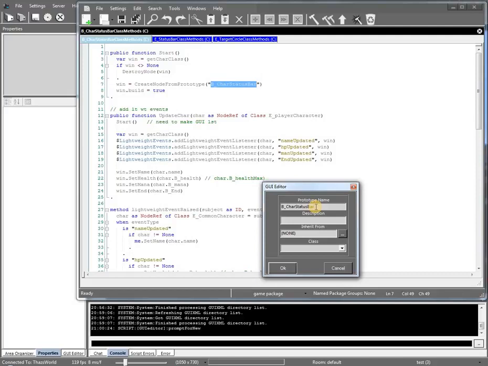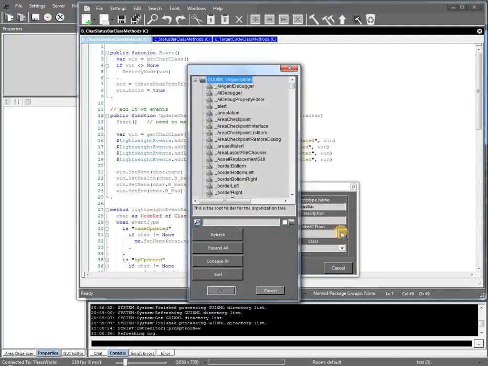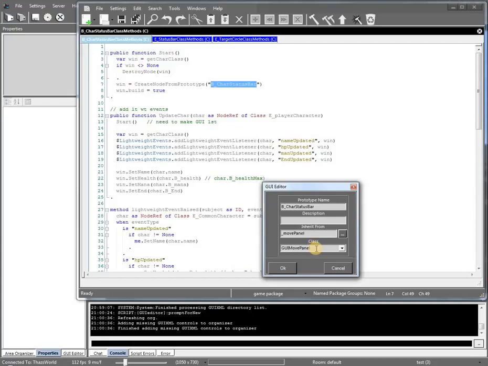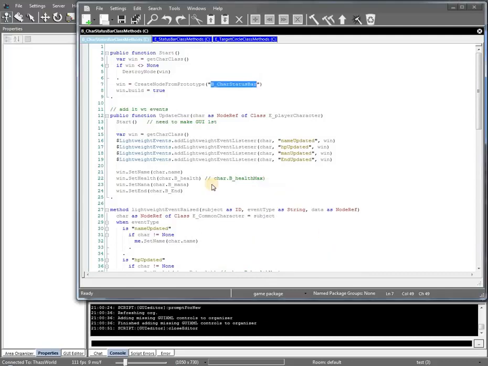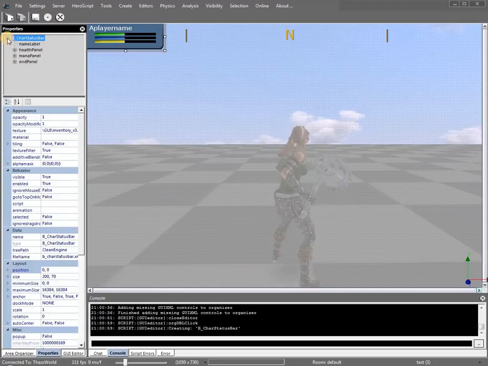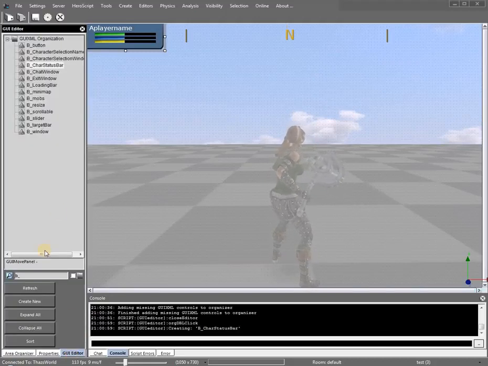prototype. It's going to inherit from a move panel, and then we'll change the class to ours, and we'll click OK. Then we should get our container. It will be basic. Next we'll take the char bar selected here, and we're going to copy the